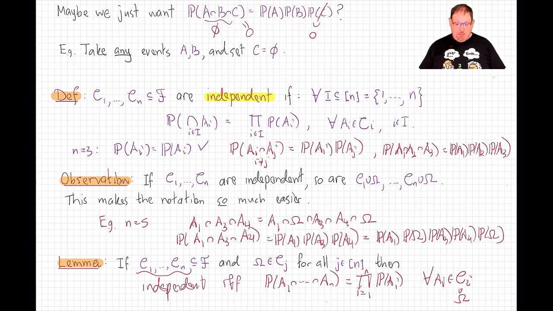Now, like before, if we want to talk about independence of n events, we would say that n events are independent if and only if the sigma fields that each of those n singleton events generate are independent. Those sigma fields each include the whole sample space by definition, and so that fits this definition right here. But it does, of course, include all of these conditions